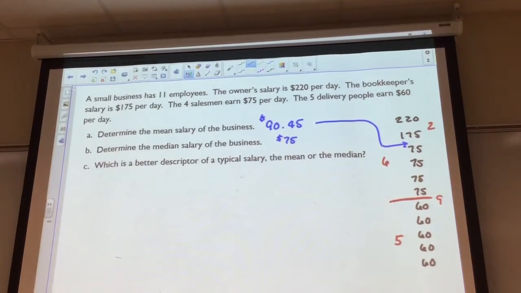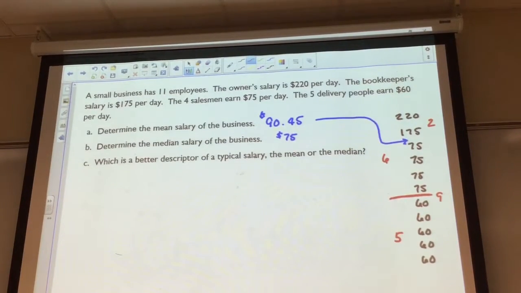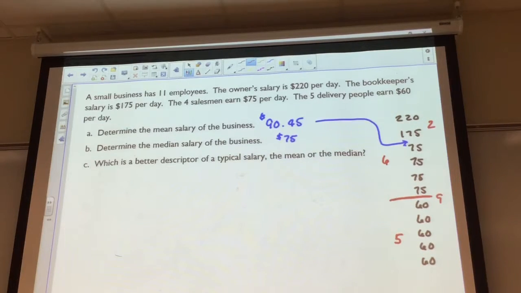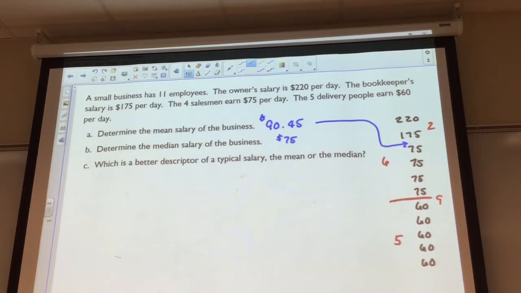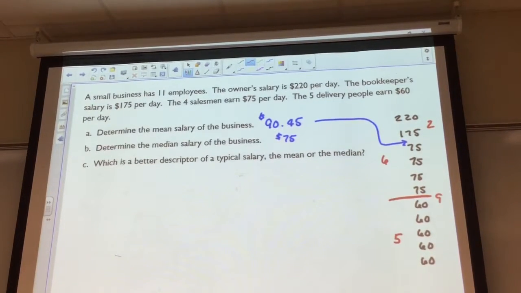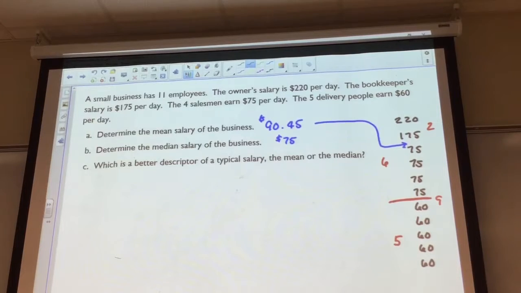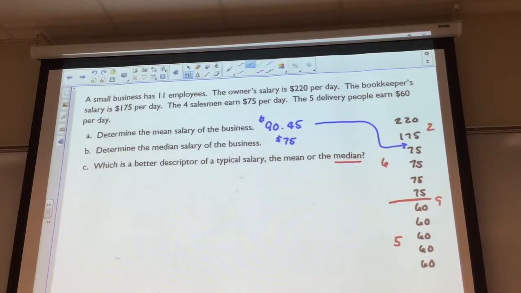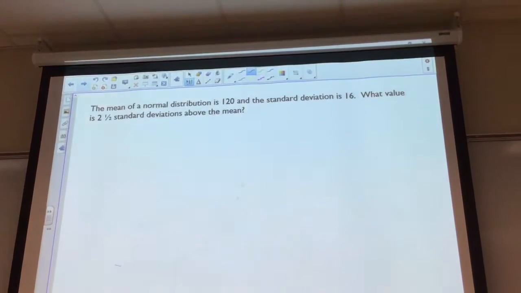So I don't know if your problem depends upon the values they give you. The mean might be a better value of measurement of the problem, or the median might be. I don't know for sure. But I do know that you have the means to be able to figure that. But you kind of have to be able to visualize what the list looks like in sorted order to be able to pair them into the right place. So obviously here, the median turns out to be a more typical value of the problem. You're going to have